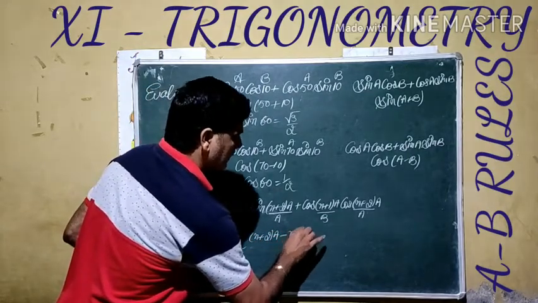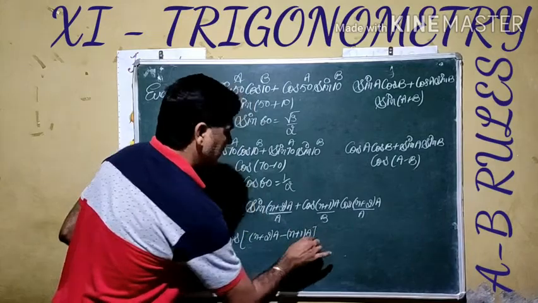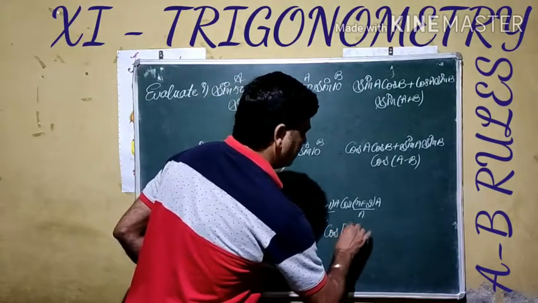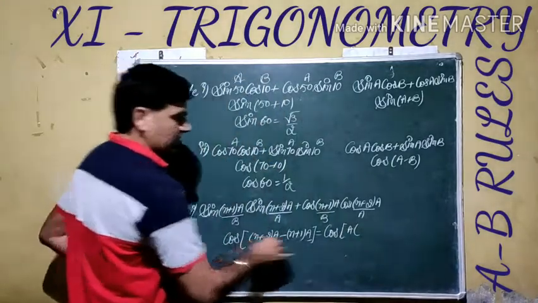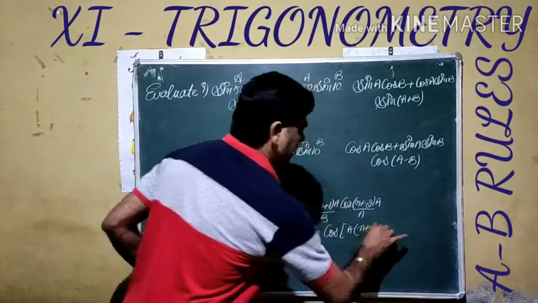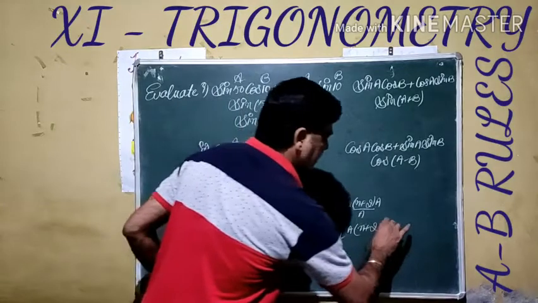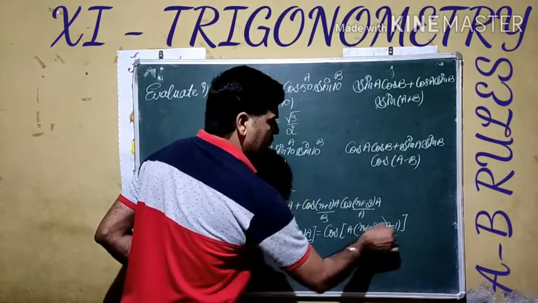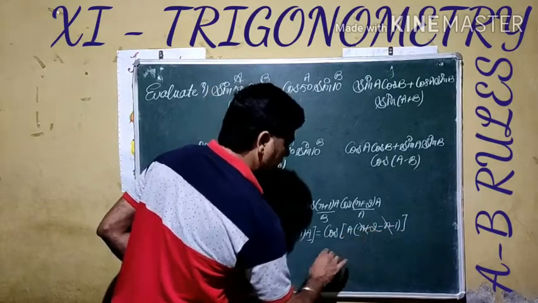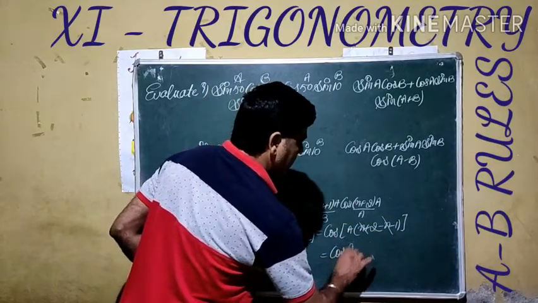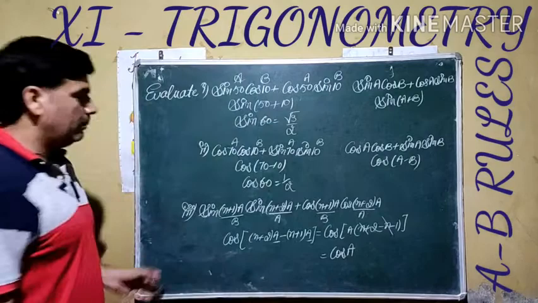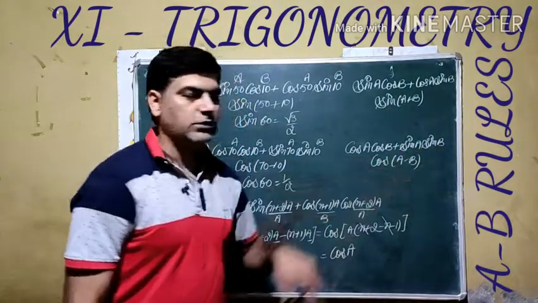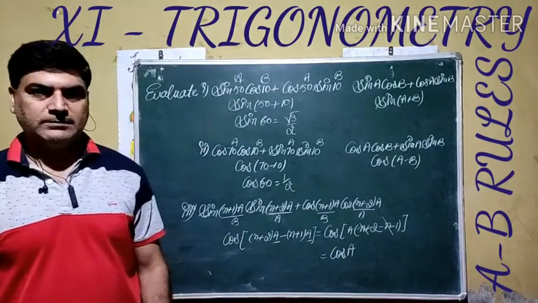minus B. If you see here, A is common, outside. So cos of A outside, inside the left value from here, n + 2 minus of n + 1 means the sign changes. If you simplify, n cancels out. From the bracket, 2 minus 1 is 1. 1 multiplied by A becomes overall A. So this is our answer by using the identity cos A cos B + sin A sin B given by cos of A minus B.